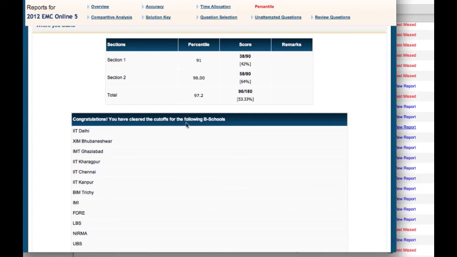And once you have got the percentile, based on the previous year's cutoffs, you will be able to understand, okay, I could have cleared IIT Delhi, XLRI Bhubaneswar, IMT Ghaziabad and so on. These many colleges would have been converted, at least in the first phase, after you have got this kind of score. So this is how you understand where you exactly stand, and this also helps you focus that, okay, these colleges I will be able to crack, so I have to fill up some forms out of these and then probably attempt a higher percentile to focus on better colleges than these.